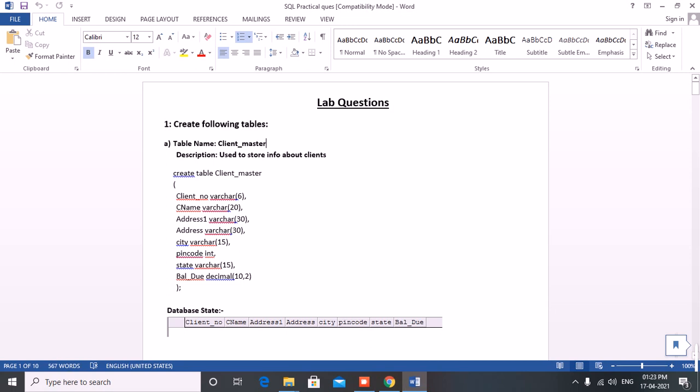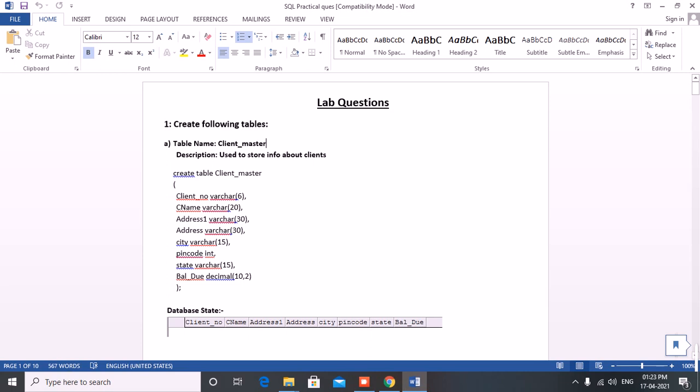So you have to write create table client master. You should be very specific about C. The C is capital, so C should be capital only. It is case sensitive, and you already know the meaning of case sensitive, that anything in small and uppercase, lowercase, it matters, right? Something you have written in small will be treated different if the same word is written in capital. So client master, then brackets open. Sorry, these are not curly braces. This is very important to see. These are the curve brackets.